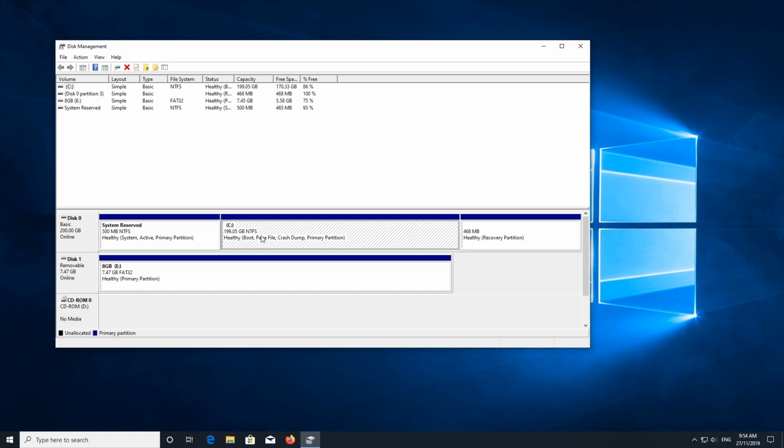The C drive is 200 gigabytes, and we've got a recovery partition at the end, which is 460 megabytes. So we've got two 500 megabyte partitions and one 200 gigabyte partition. We're going to restart the computer in a moment, and I'll boot off the USB drive with Linux Mint 19.2 on it, and we're going to install Linux Mint alongside Windows, and we're going to give Windows about, say, 40